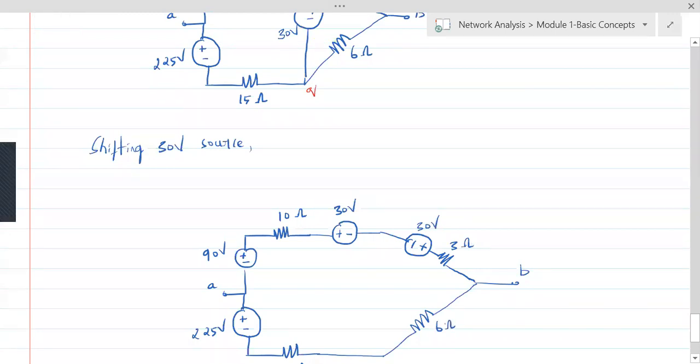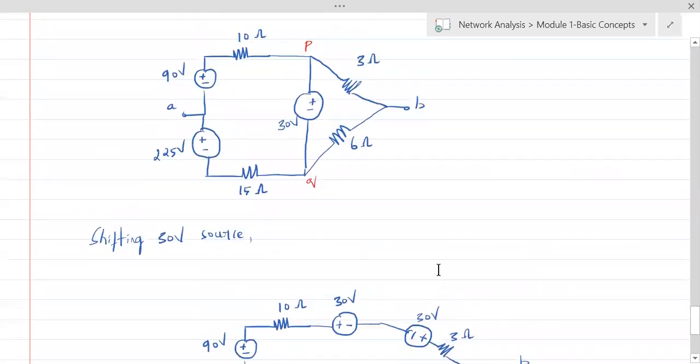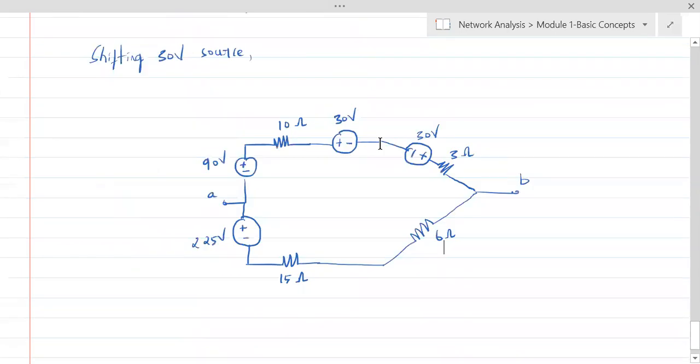Now this is still not complete. Why is it not complete? See here, this plus sign is with 10 ohms, this plus sign is with 3 ohms, but this Q is not with this negative Q. This point Q has to be connected to the negative of the battery. Okay, this is negative of the battery here. Understand that? So negative of the battery needs to be connected to this point. That's why this is important.